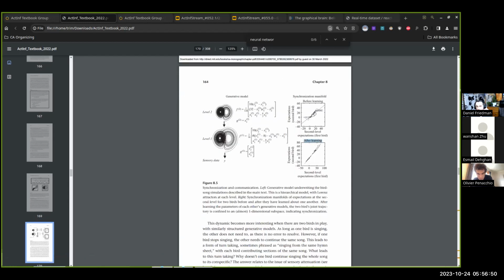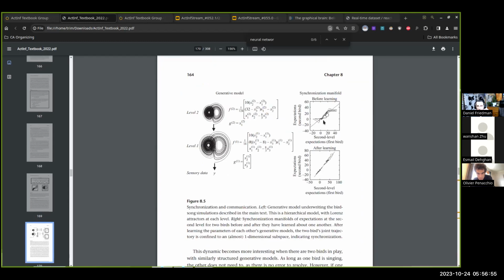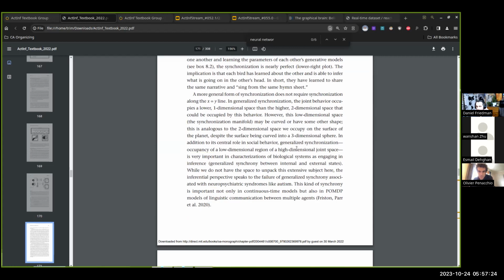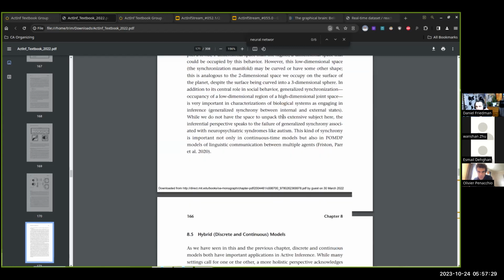Combining generalized synchrony plus learning with the two birds, if the models didn't have learning, obviously they would just continue to act however they were in the beginning. But with learning, they can come to have higher mutual information with each other, closer to this y equals x line. That represents the tightening of the generalized synchrony, which doesn't mean lockstep, or that they're singing at the same time. It actually means that their turn taking is sharper in its alternation.